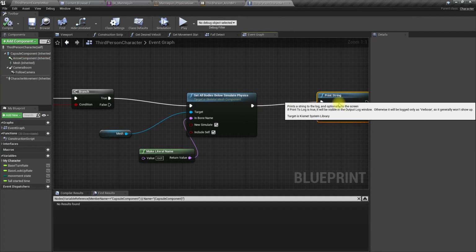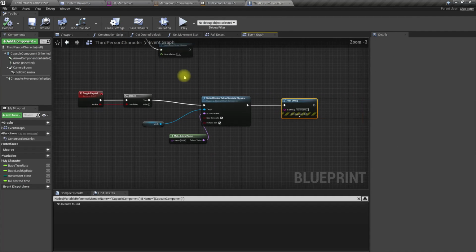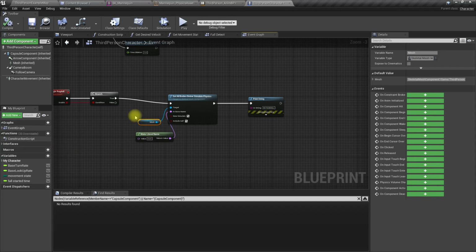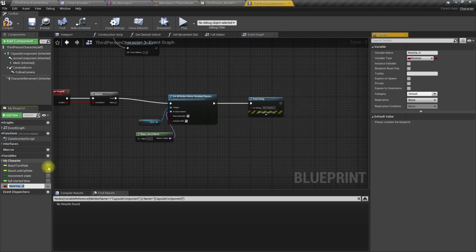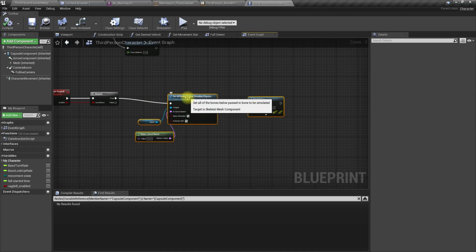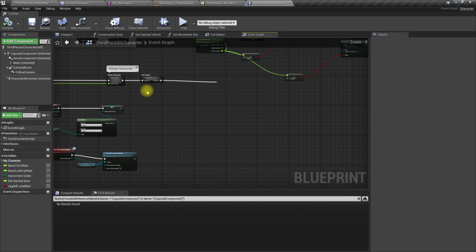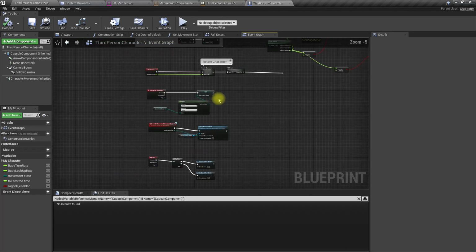So to demonstrate that, let's have another boolean variable here, ragdoll enabled, and in the onLanded, where's the onLanded event?